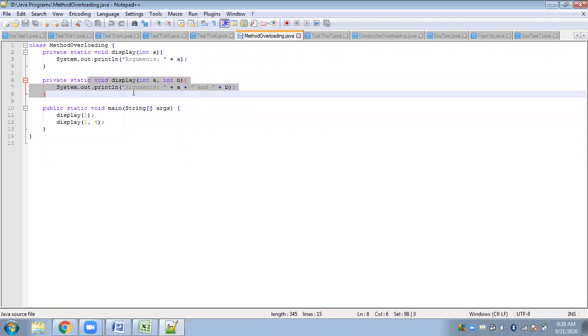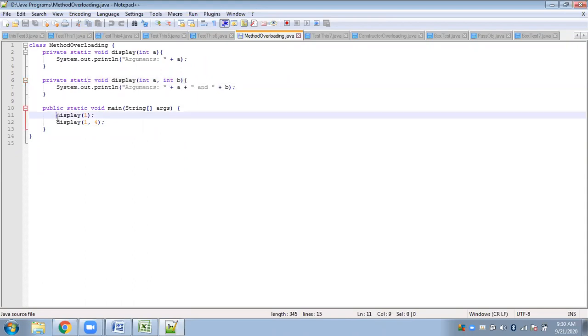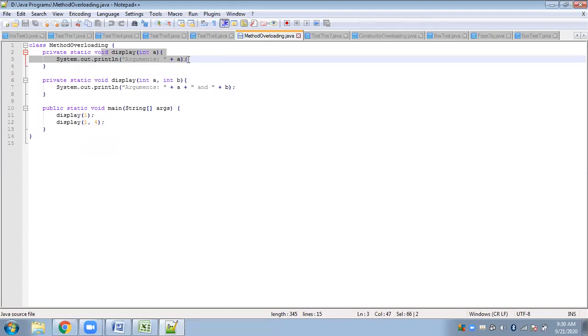So basically in method overloading, the compiler will understand which function is being called. It is performed in compile time only; in the compile time itself we will understand which function has been called. Also it is static binding because the binding of this function call with the required function definition will be done at compile time. That is why it is static binding.